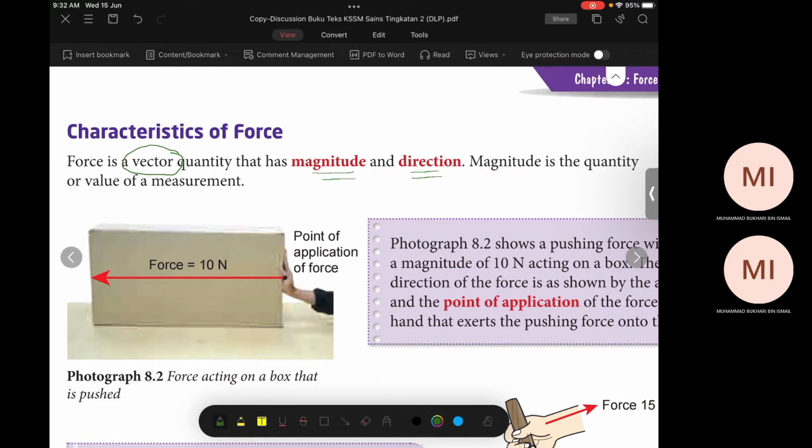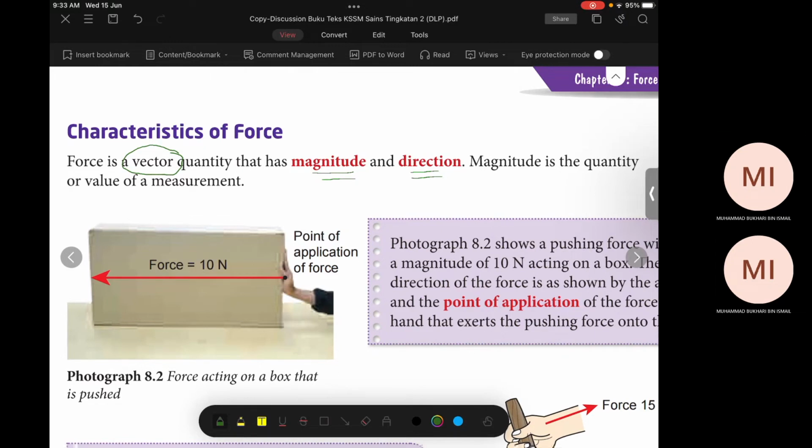Magnitude and direction. Because when you push something, is there any direction? It moves, of course, because the direction is the same as the movement of the object. Most of the time, it is the same as the movement of the object. Understand or not? You have an object here, and then you push it. Is there any direction? Yes, there is direction.